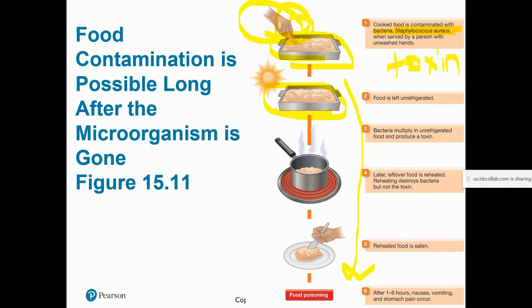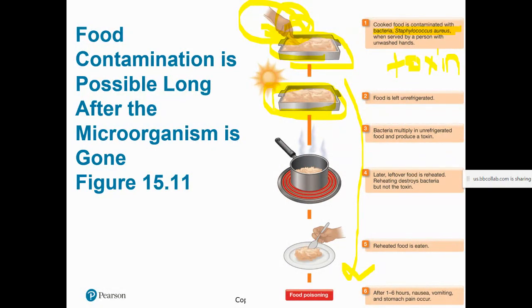And as I said earlier, this is why hand washing is so important, because unfortunately, you or I, we can be the reason that food gets contaminated because we continually walk around with bacteria on our hands. That's just part of nature. But prior to touching food and serving food, it really goes a long way to just wash your hands real quickly for 20 seconds. So somebody's hand contaminates this cooked, let's call it a casserole, right?